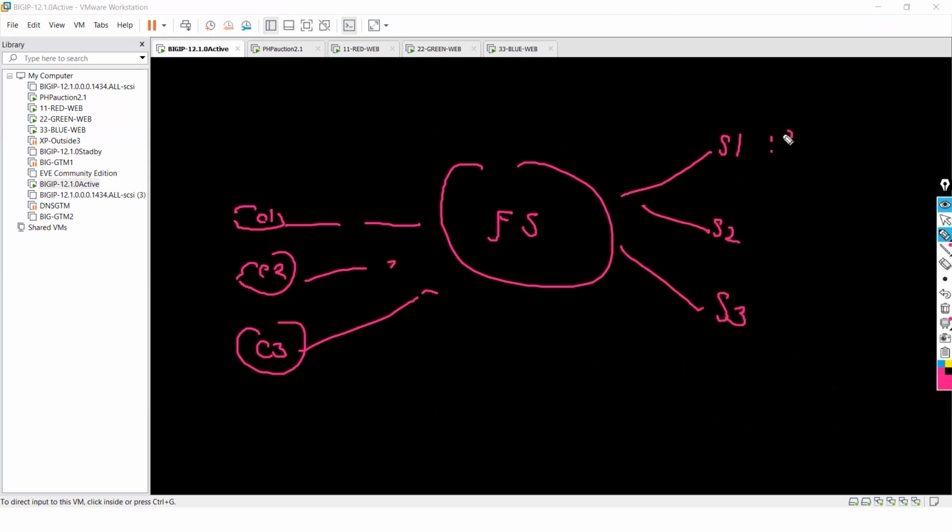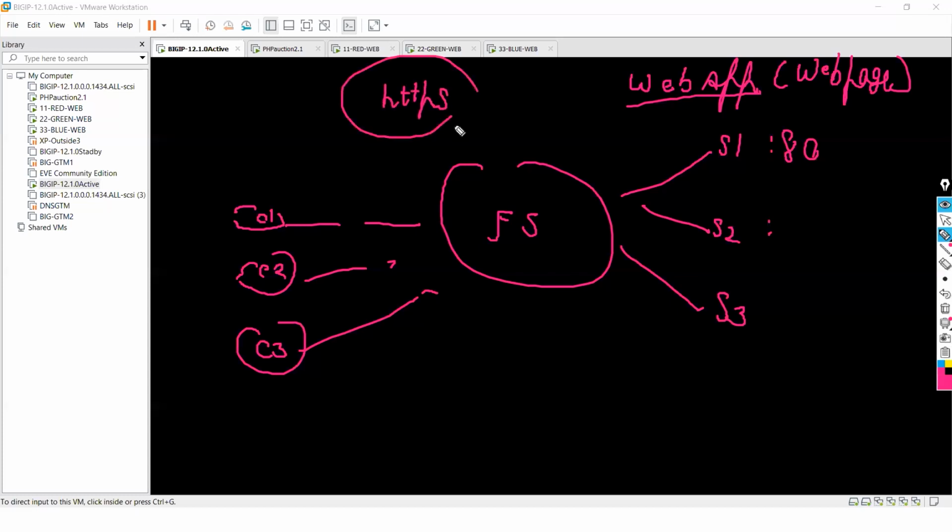This will be listening on 80. Let's say it's a web application, which means it is accessible on the internet on a web page. Most applications nowadays are deployed on HTTPS or HTTP. That term is called web app. And sometimes some people say it's an app server, and some people say these are web servers also.